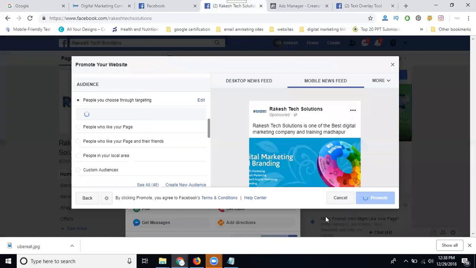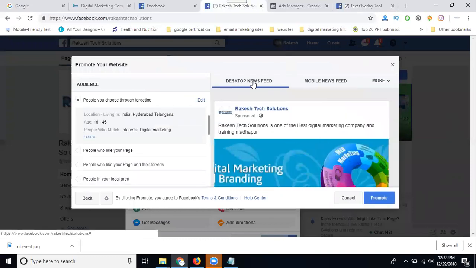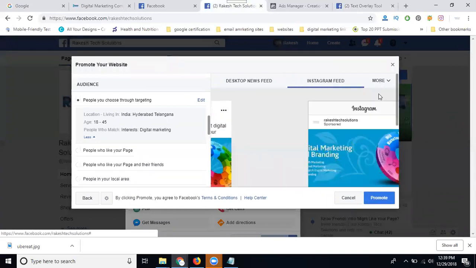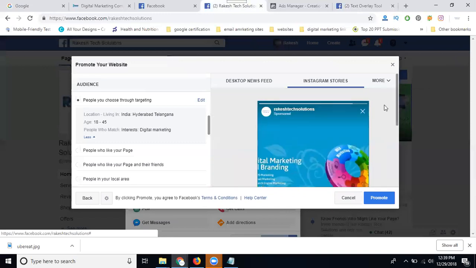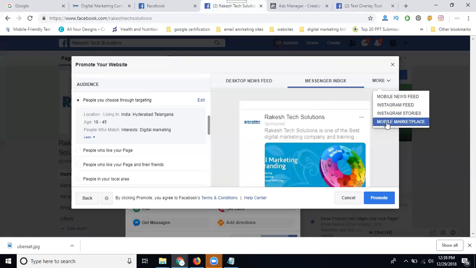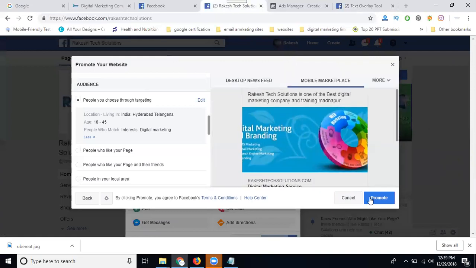Click save. Once you select this, it will show desktop news feed, mobile news feed, Instagram feed, Instagram stories, message inbox, and mobile network placements. What is called a sponsored ad.